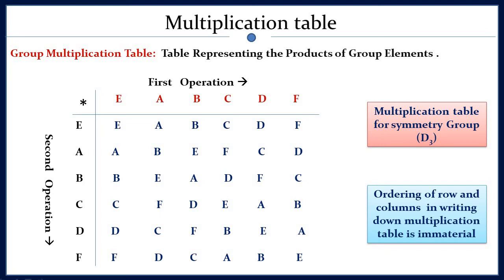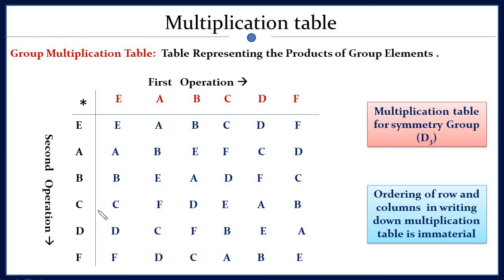Similarly, you can verify the inverse. You just take two elements whose resultant element is E, like in this case A and B, and the result is E. Therefore, B is the inverse of A. In a similar way, if you take C and here is E, therefore C is the inverse of C. In a similar way, you can find the inverse of any element, find the identity element, and verify the closure property. So if I give you the multiplication table, you will get the complete information about the group.